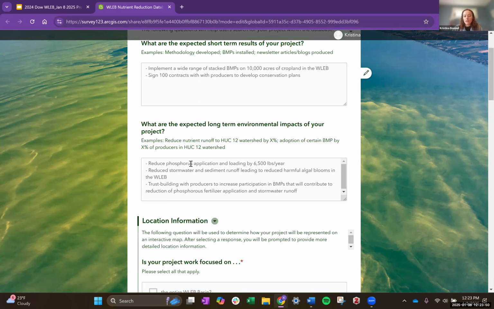Thinking about reducing phosphorus application and loading by 6,500 pounds per year. Reduce stormwater and sediment runoff, leading to reduced harmful algal blooms in the WLEB. And for projects, they also might not be as tangible, but more so on relationship building, so trust building with producers to increase participation in best management practices that will contribute to reduction of phosphorus, fertilizer application, and